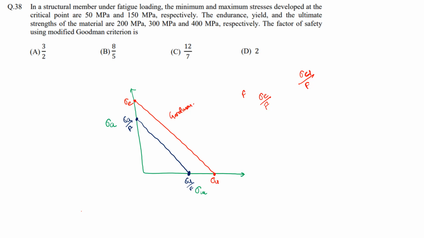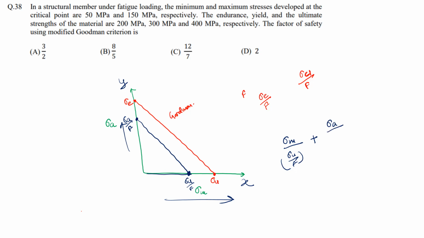That will basically give us the boundary wall, below which we need to be, right? The equation of this is similar to the equation of a line with intercepts. Suppose this is your x direction and y direction, and the x direction is equal to your sigma m, so sigma m divided by the intercept. What is the intercept? This is the intercept, sigma u by F, plus, on the y-axis, your sigma a divided by the intercept.